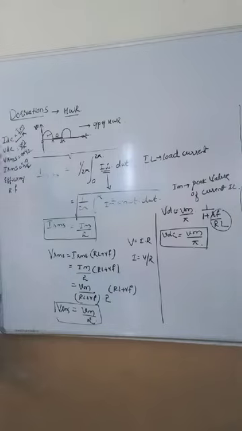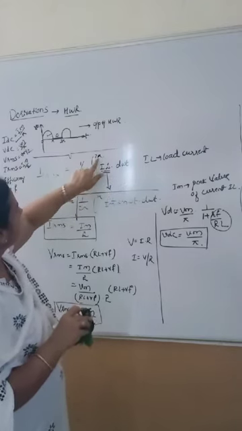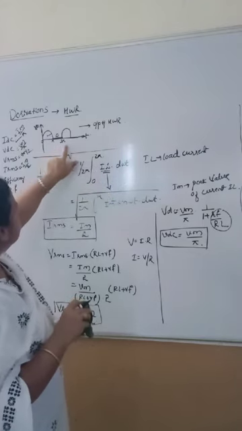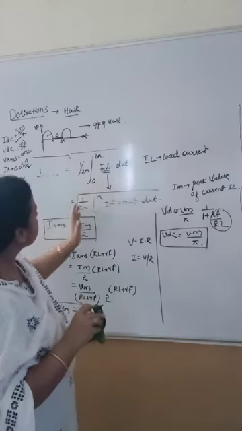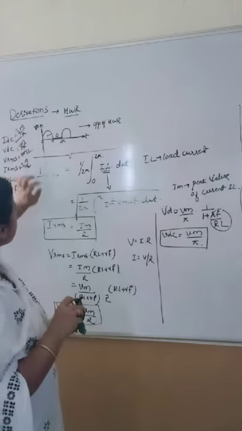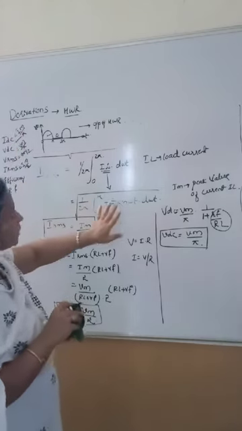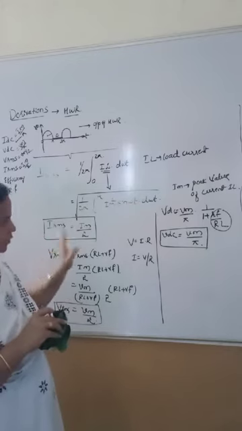So what we had done for IDC, if you take this one as IDC, you are going to integrate this, but only for 0 to pi, because pi to 2 pi it is 0. So we took it without the square and the root. If you write only this, then you will get IDC. And when you want IRMS, we want the root of the square of the mean of that value. So we will be taking the equation in this form.